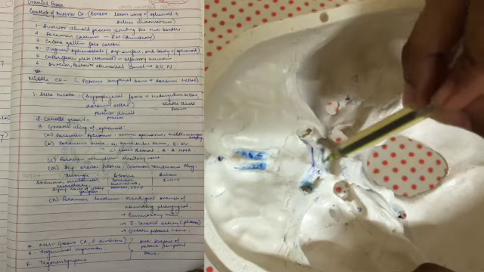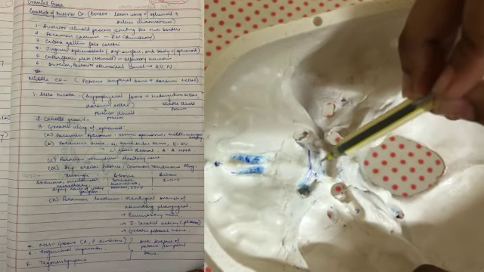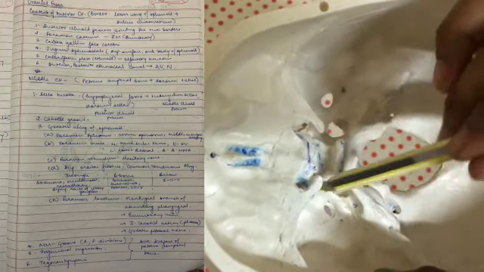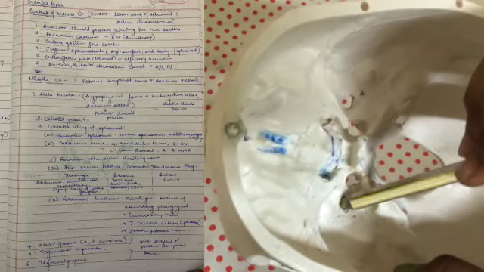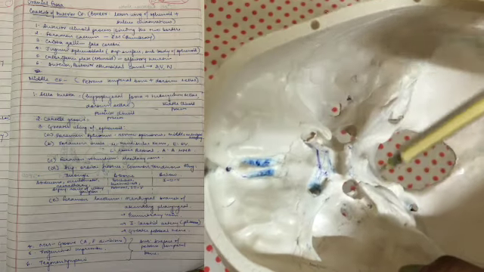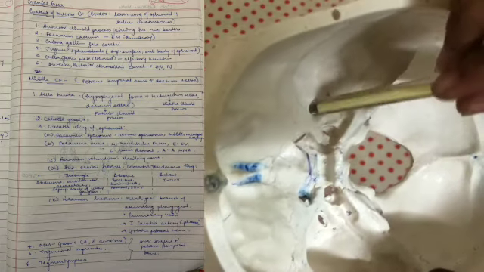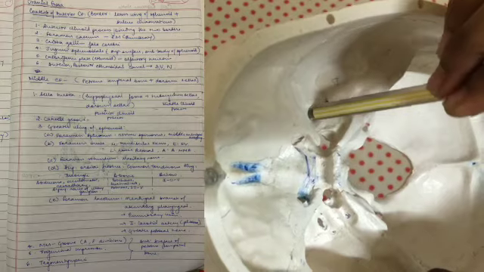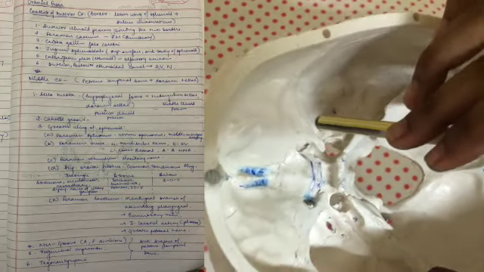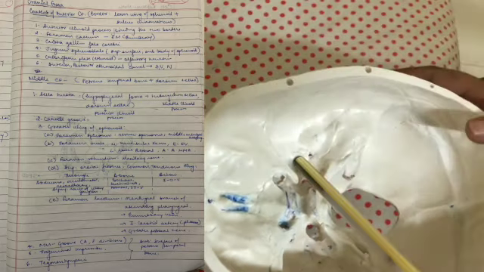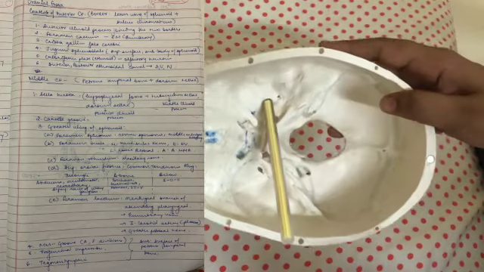Let us talk about the greater wing of sphenoid, that is here. So, it has a lot of foramens. Starting with foramen ovale, which we also learned in Norma Basalis. Foramen ovale passes the mandibular nerve, the accessory middle meningeal artery, lesser petrosal nerve, and the emissary veins, and the mnemonic for this is MALE, male.